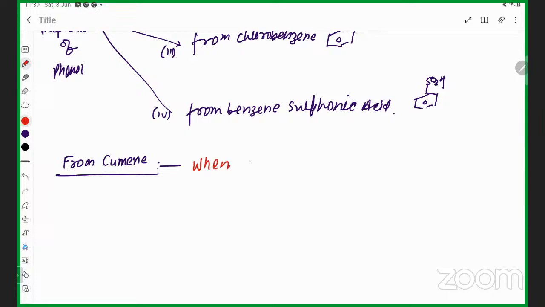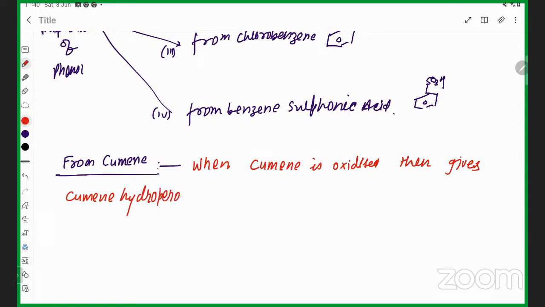When cumene is oxidized, then it gives cumene hydroperoxide. Cumene hydroperoxide, which on hydrolysis